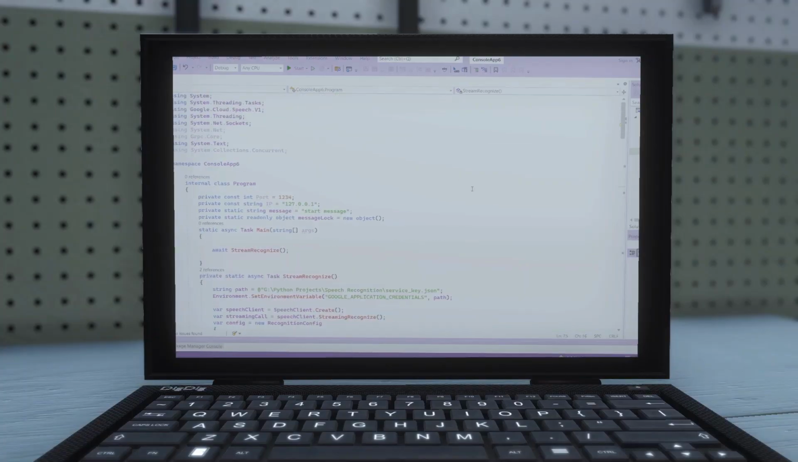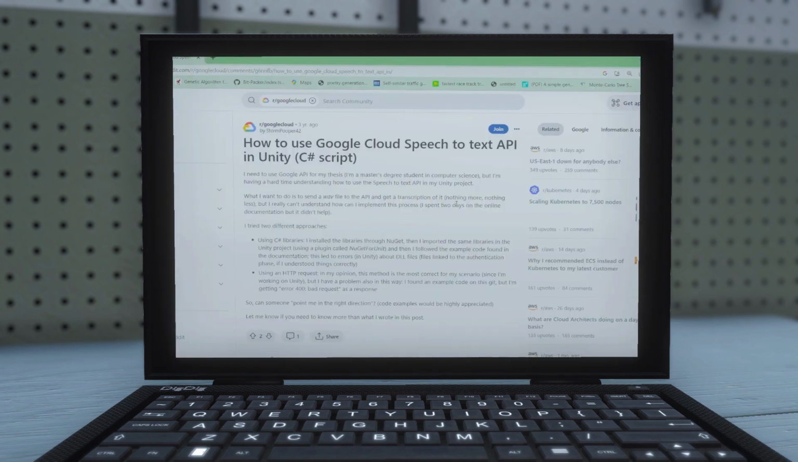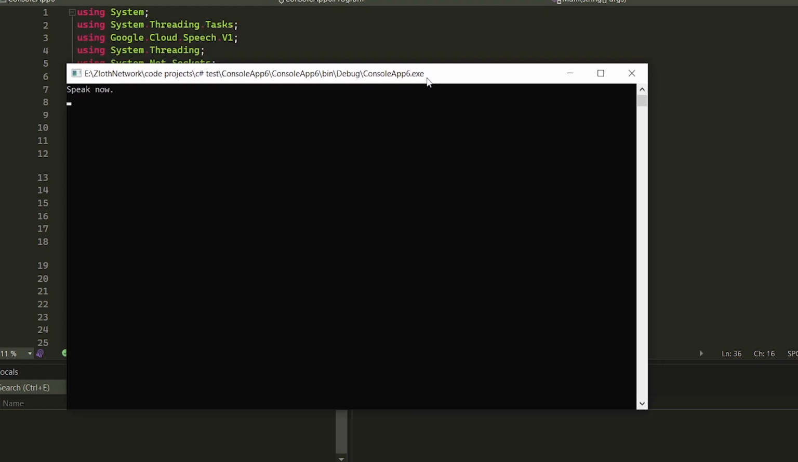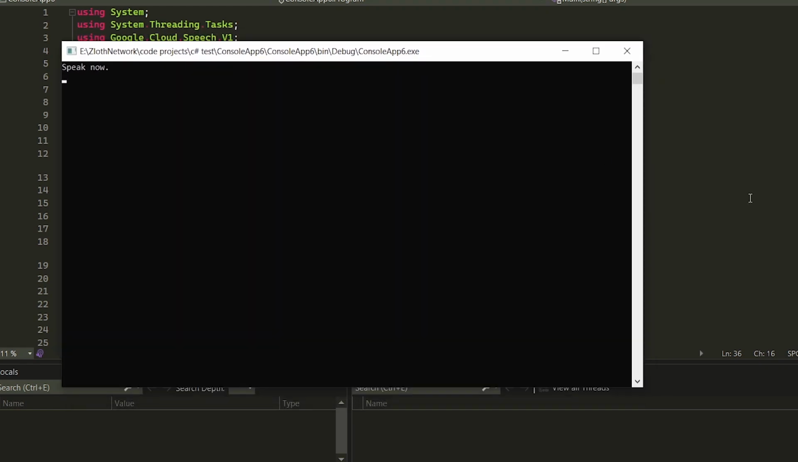Most of it was just me experimenting with different code, and some of it looking for answers on forums. And so after a long week of work, I finally had a console app that does exactly the same thing as my Python app I put together